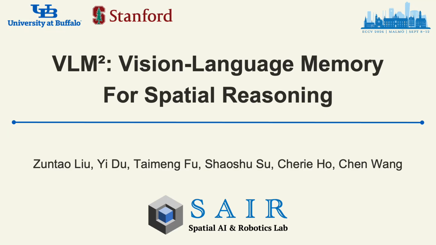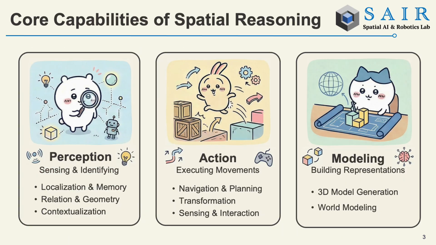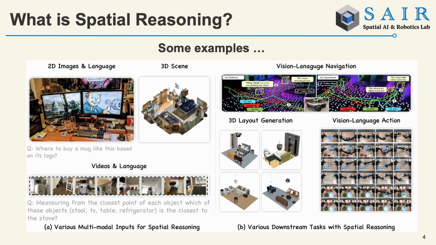Today, I'll introduce VLM², a vision language model with persistent memory for long-horizon spatial reasoning. Spatial reasoning goes beyond recognizing an object. It means understanding where it is, how far away it is, how it relates to other objects, and how an agent should act. These skills fall into three groups: perception for localization and memory, action for navigation and interaction, and modeling for building a stable representation of the world. That is why spatial reasoning supports everything from visual question answering and video understanding to navigation, scene modeling, and robotic